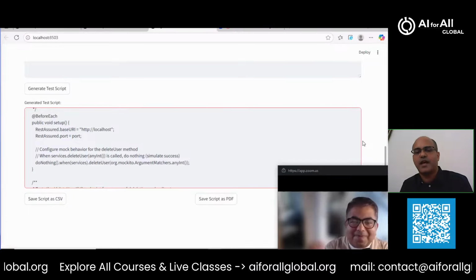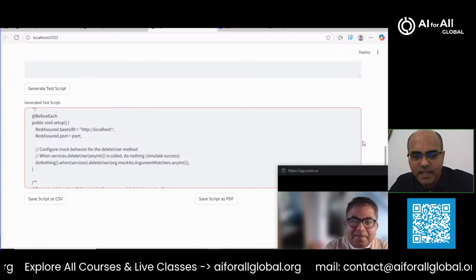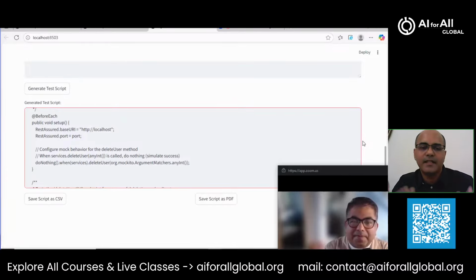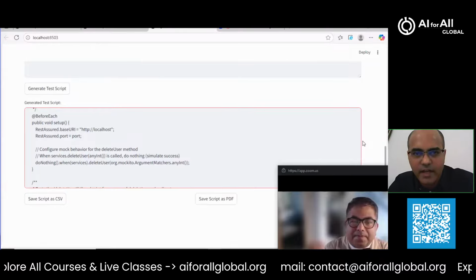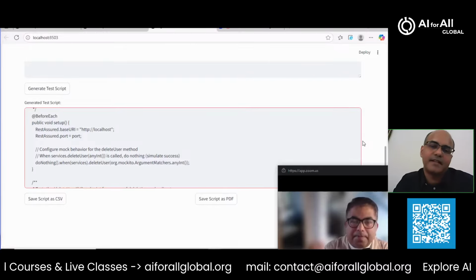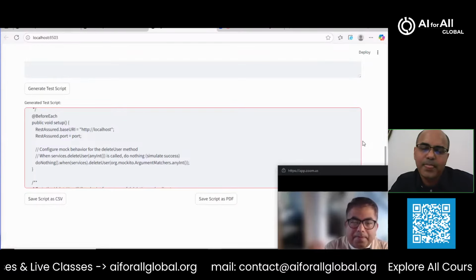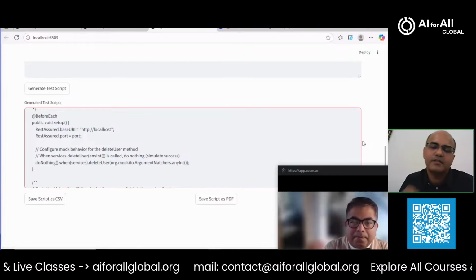Imagine that situation, and a situation where you have a tool, a facility where you can utilize it and create these test cases on the fly. How big of an advantage is that, and how big of an efficiency does that bring into your team and into your organization. And that's where AI makes a huge difference.